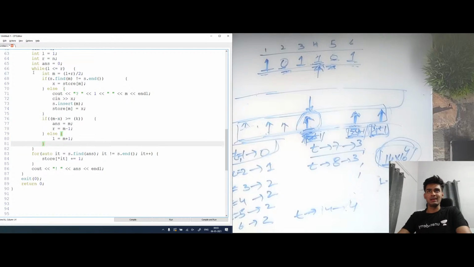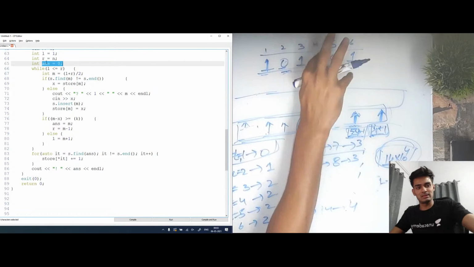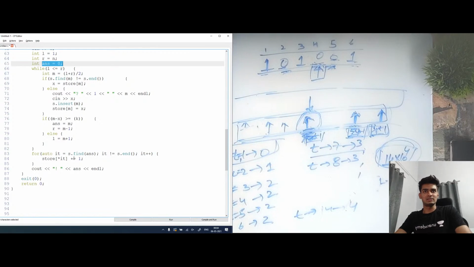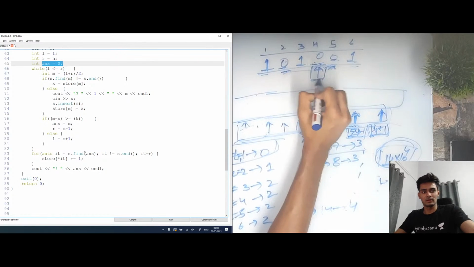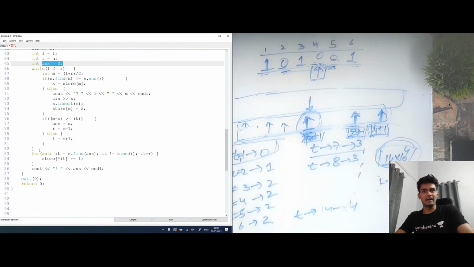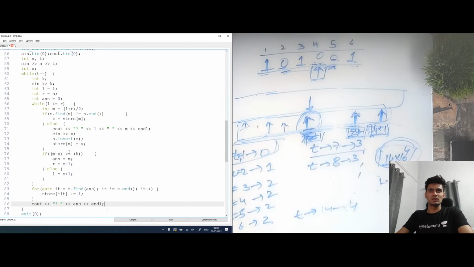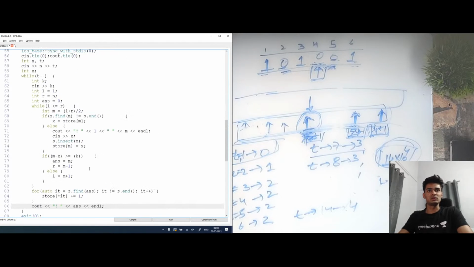Now, after I exit this while loop, I know that my final answer is in this index. So basically this was 0, and I now know that my answer is this index. So what I do is go into this set, into this particular index, and iterate over the set after this index, and increment every value by 1. This is the part where I'm incrementing, and then I just print the answer. I hope this is clear to everybody. Again, there wasn't much change in the code. It was all about the logic, why this works.